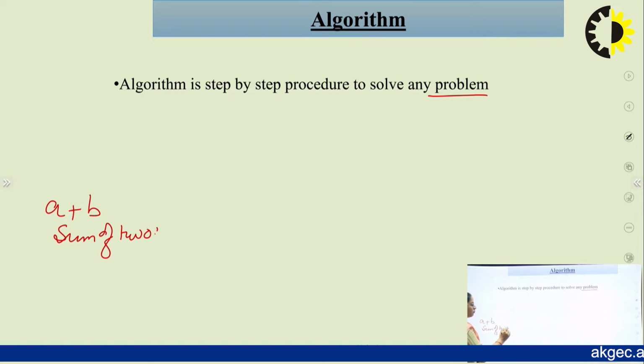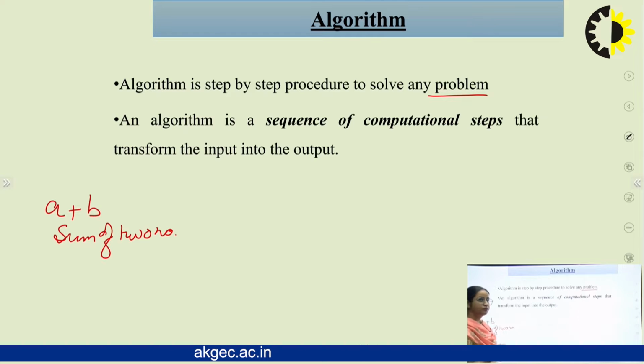For solving this problem, a plus b, the sum of two numbers, we are going to design some steps. Those steps are the algorithm. Similarly, I have a second definition here: an algorithm is a